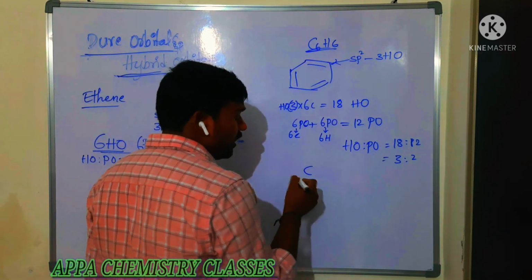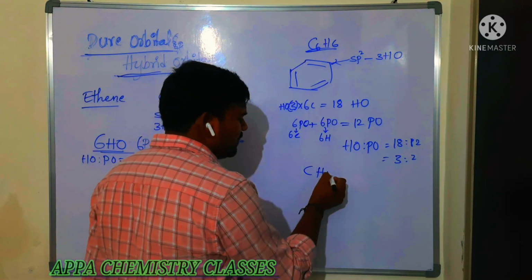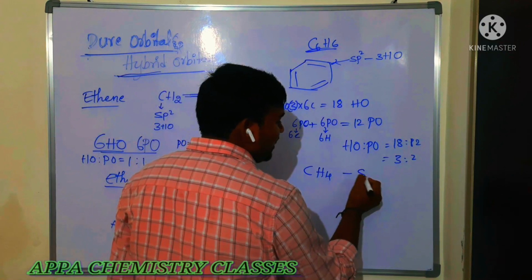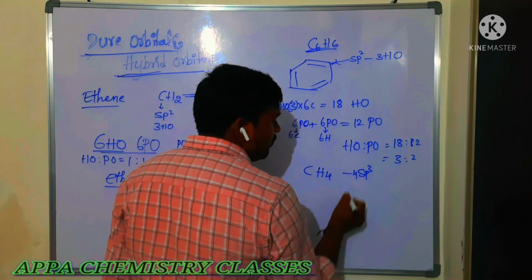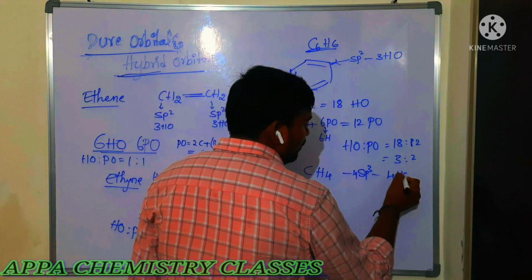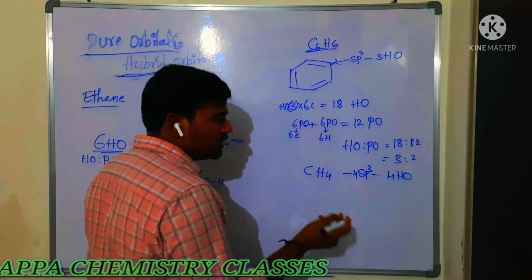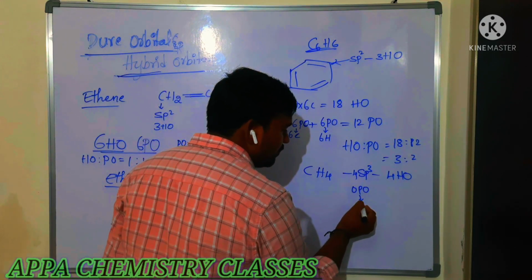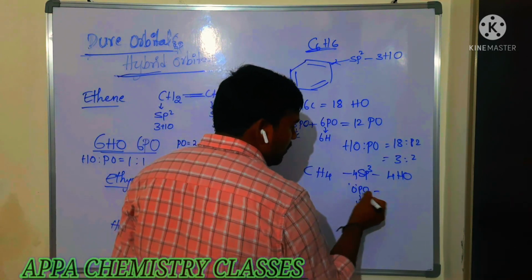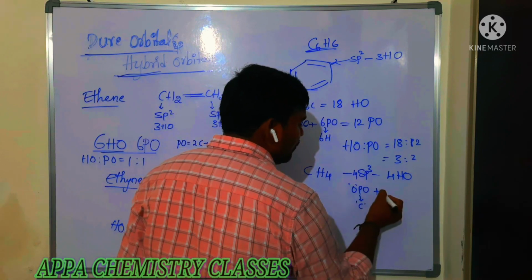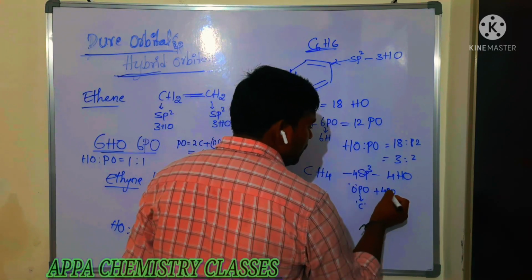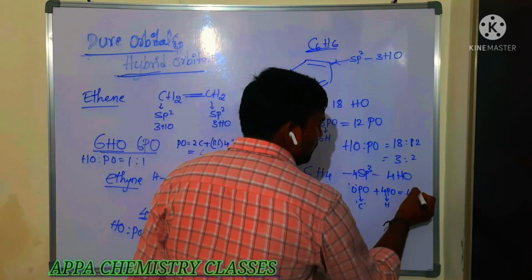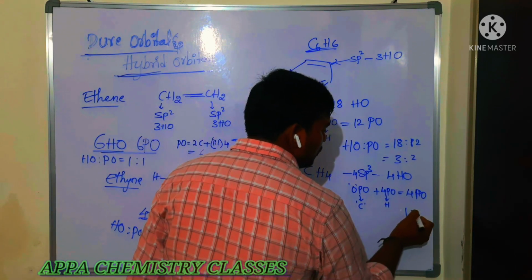One more I am going to say, which is very very important. I am taking CH4, simple one. After that I will tell you somewhat complex one. So in this case, sp3 hybridization, 4 hybrid orbitals. How many pure orbitals? 4 hydrogen atoms. Carbon will have 0 pure orbitals. From hydrogen 4 pure orbitals. So total will be 4 pure orbitals. So 1 is to 1 ratio.